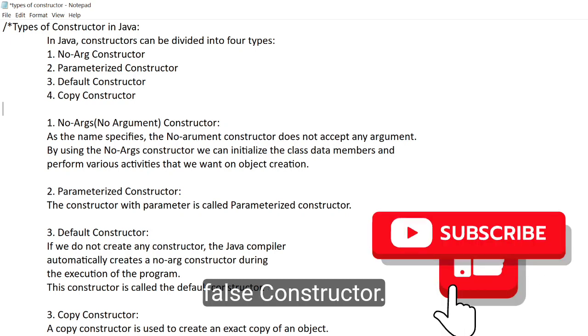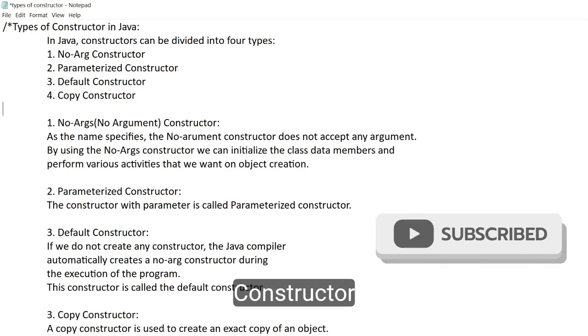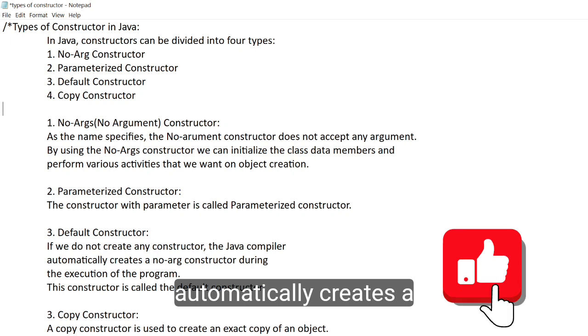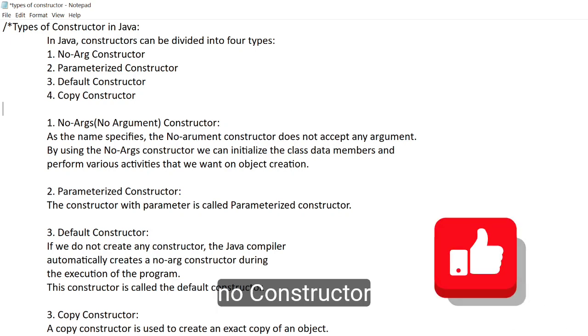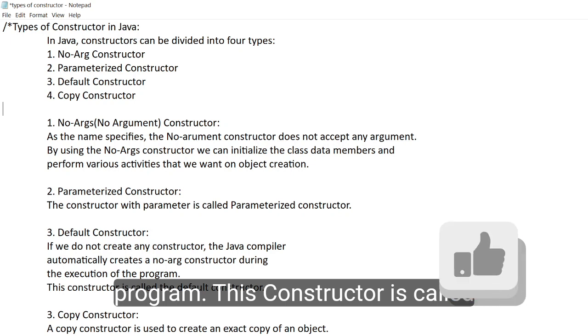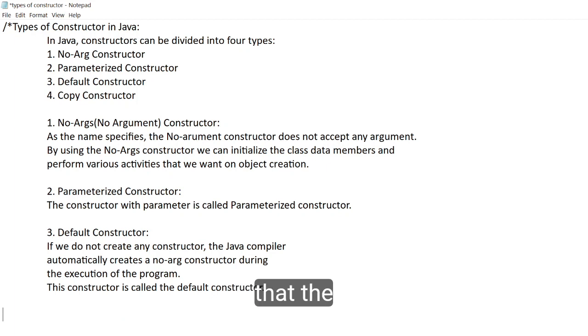Default constructor. If we don't create any constructor, Java compiler automatically creates a no-arg constructor during execution of the program. This constructor is called the default constructor, or we can say that the constructor